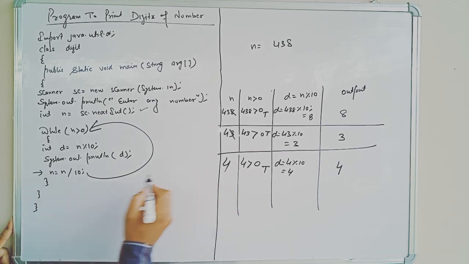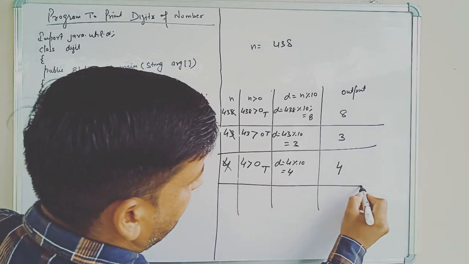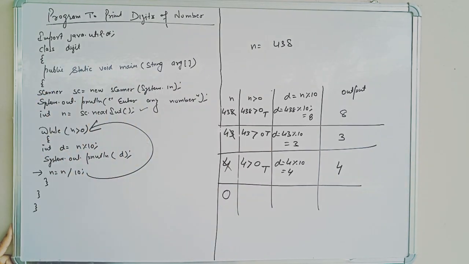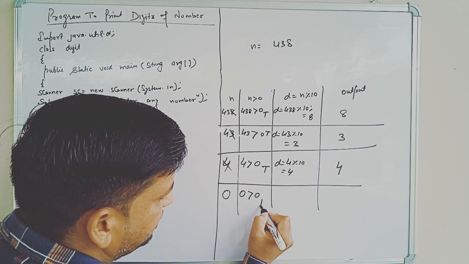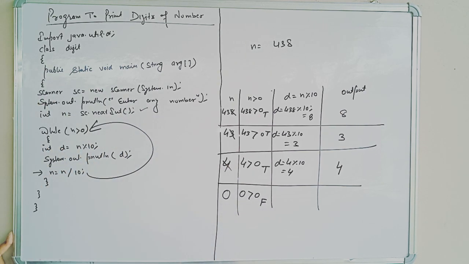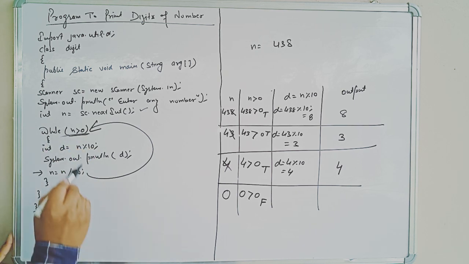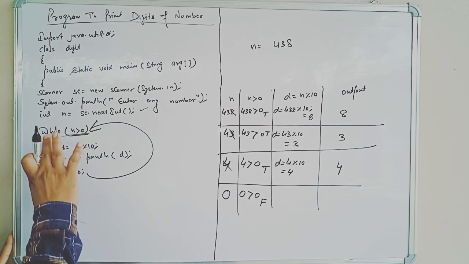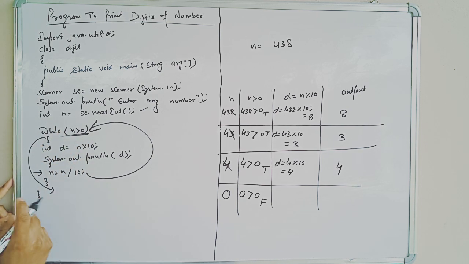Now next statement, last digit will be removed, only one digit is left. So what will be stored under n now? 0. Now condition will be checked. 0 greater than 0. Condition false. Now first time you will get false over here. When here you will get false, loop will stop. So when loop will stop, it will come directly out of this bracket. After this bracket, nothing we have written. So what will happen? Your program execution will stop.